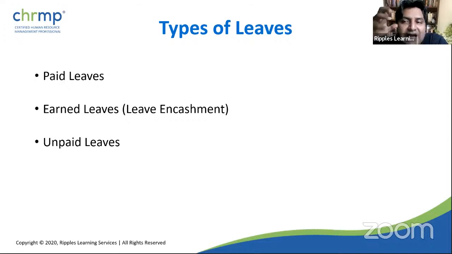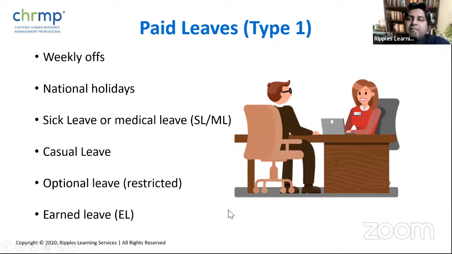We would now categorize paid leaves. We would understand what earned leaves are, and then we will also understand that there is a concept of unpaid leaves also from case to case basis, that it's good to have in a modern day employee policy or HR policy or organizational policy to deal with all eventualities in a better manner, right? So you have paid leaves, you have earned leaves, and you have unpaid leaves, right? Unpaid leaves is slightly different from loss of pay, and I would make you understand that towards the end, right? So when we talk about paid leaves, what are paid leaves?